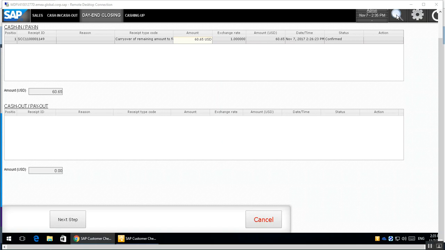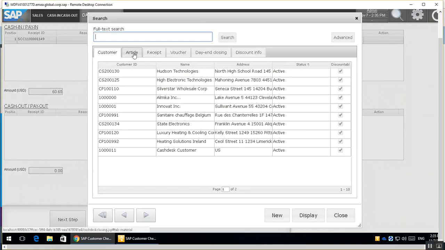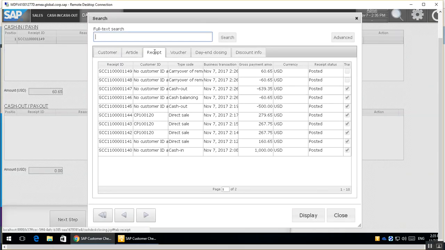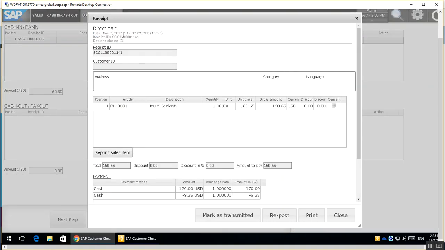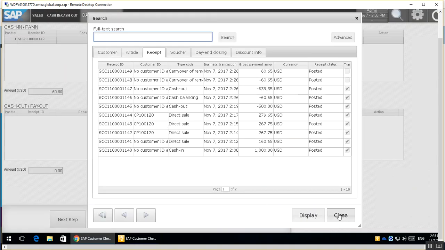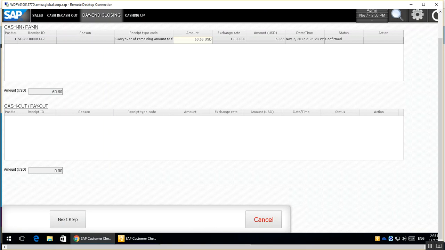We want to check that all the sales transactions that have happened in customer checkout are reflected in Business by Design. First we'll look at the sales transactions that happened with cash payment, credit card payment, mixed cash and credit card, and account sales. Let's copy the transaction ID, close it, and open the Business by Design